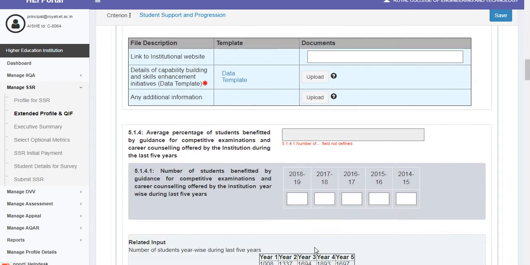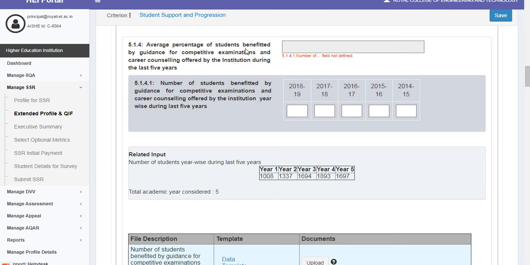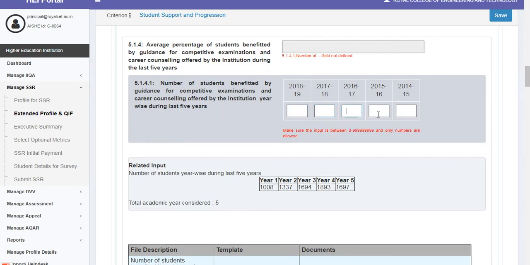Next, moving ahead, we have metric 5.1.4, which is average percentage of students benefited by guidance for competitive examinations and career counseling offered by the institution during the last 5 years. This has a sub-question 5.1.4.1. Number of students benefited by guidance for competitive examinations and career counseling offered by the institution year-wise during last 5 years. So you have to enter the data for the 5 assessment years as per the requirement of your institution,